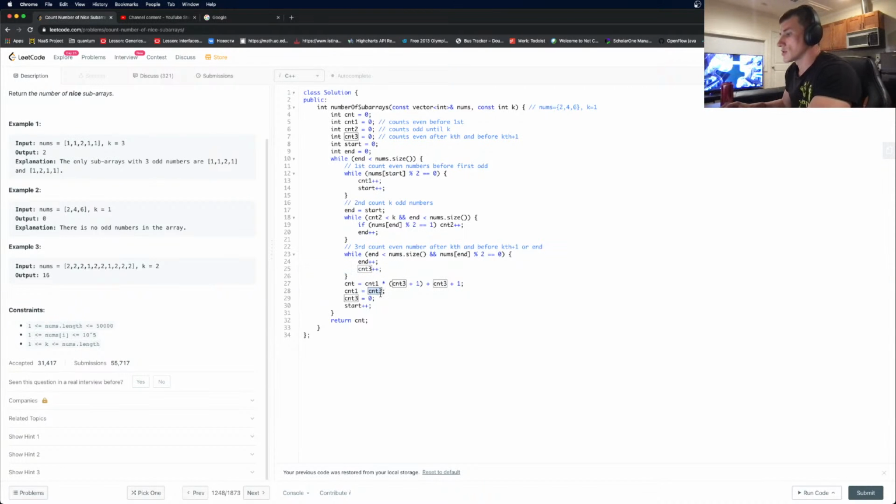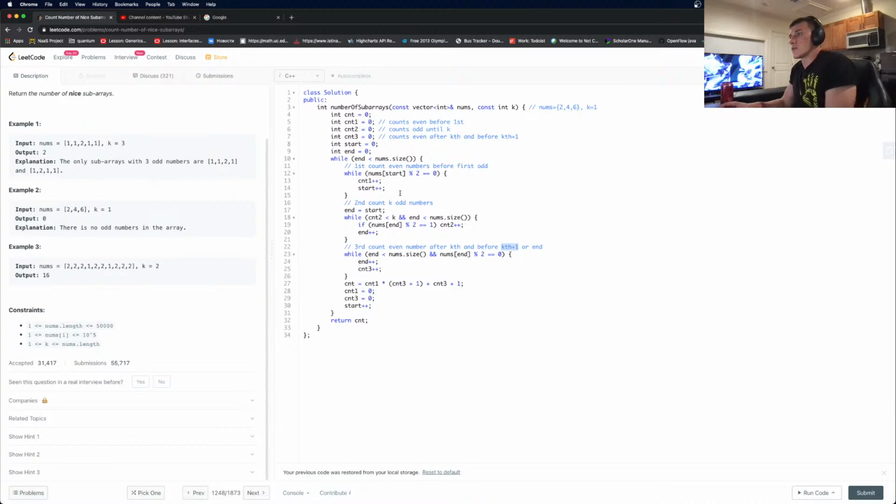Then I guess we just set it back to 0. And what about CNT2? Right, our end is either at the end or at the k plus 1 once we hit it. So if it's at k plus 1, then we just push start to the next one, right, to start counting the elements. This is fine